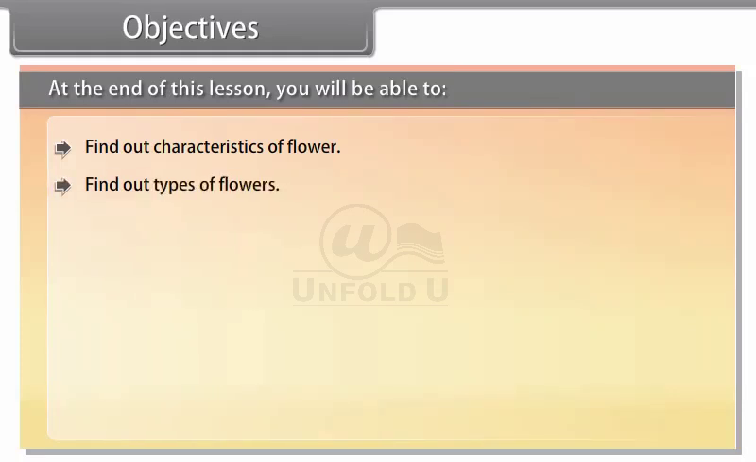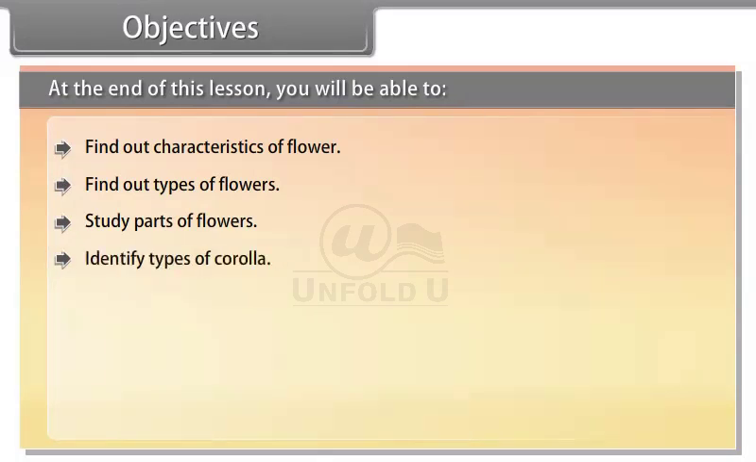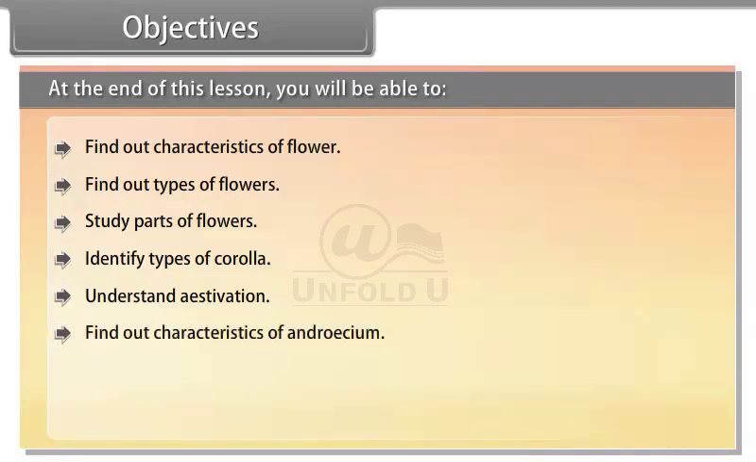Objectives. At the end of this lesson, you'll be able to find out characteristics of flower, find out types of flowers, study parts of flowers, identify types of corolla, understand estivation, find out characteristics of androecium, study parts of stamen, find